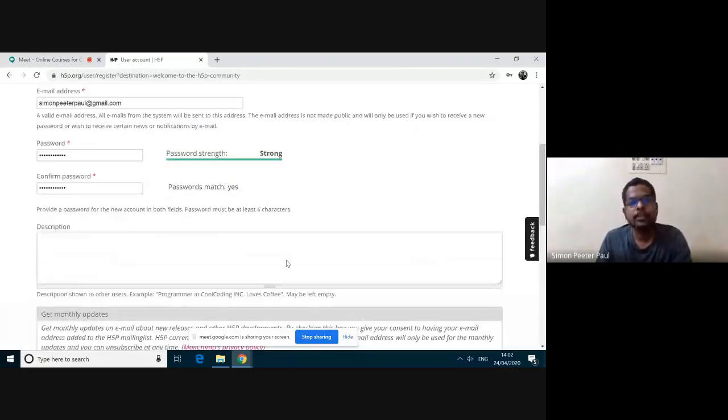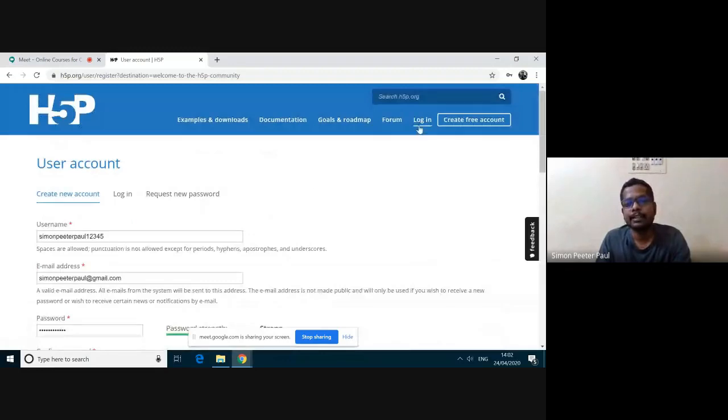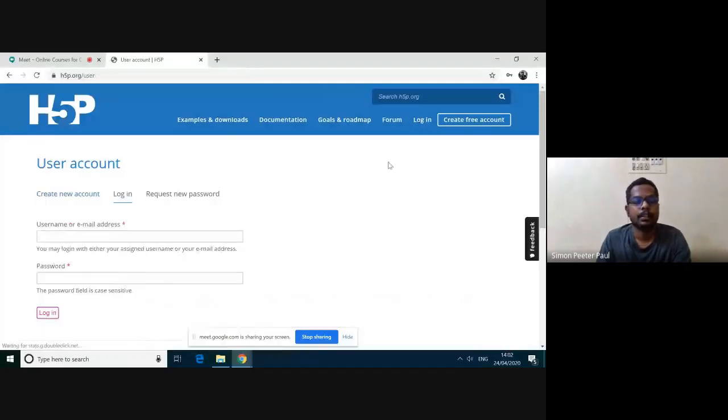Since I have already made an account on this H5P platform, I'm clicking this login button. I'm typing my ID, or else I can use my email account, and then I'm typing the password, and then I am logging in.